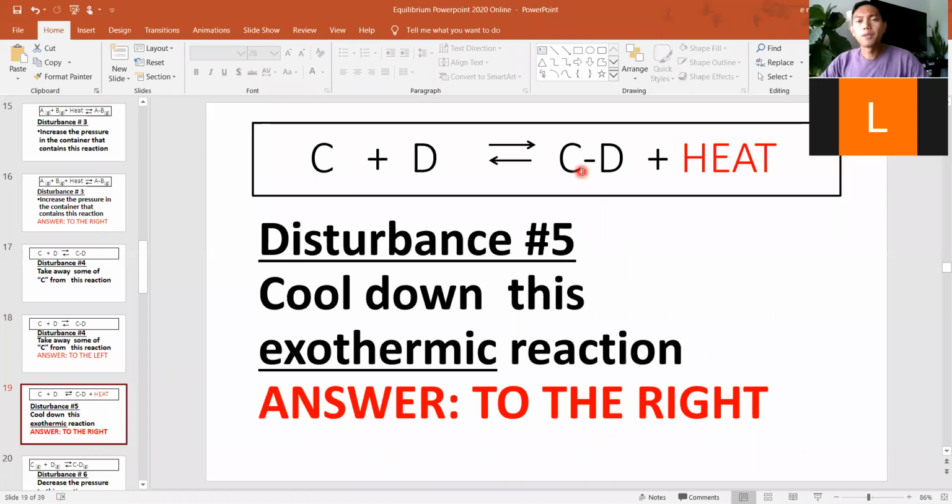Disturbance number 5. This is a cooling down question. So in this scenario, they said, what if,